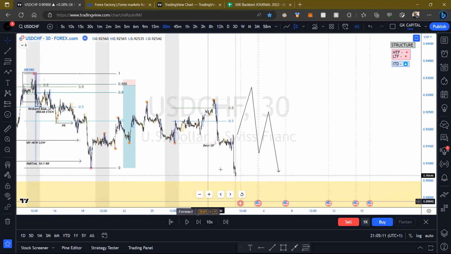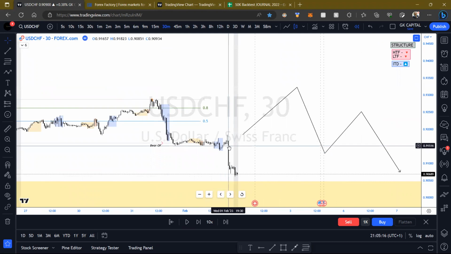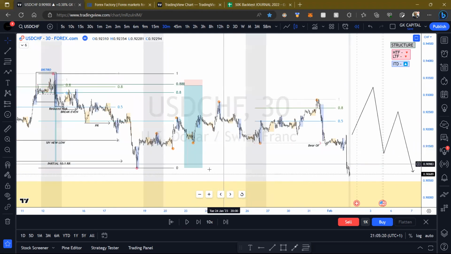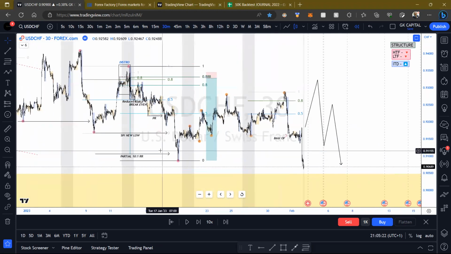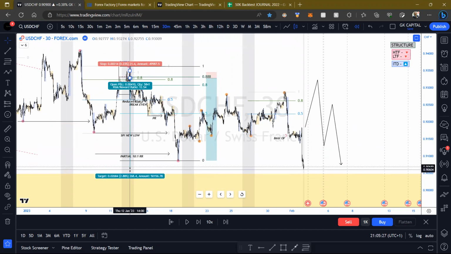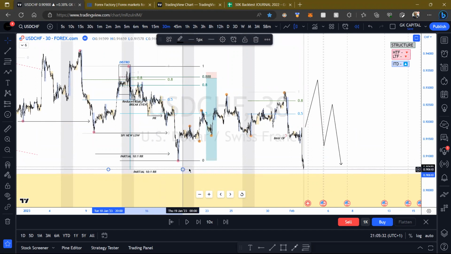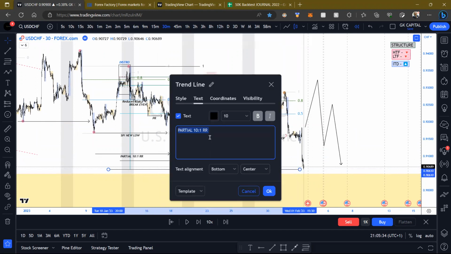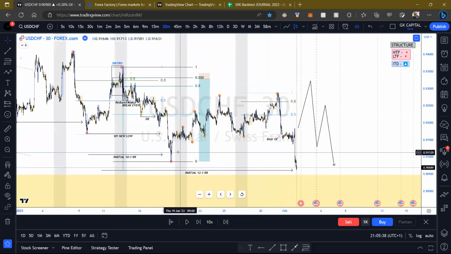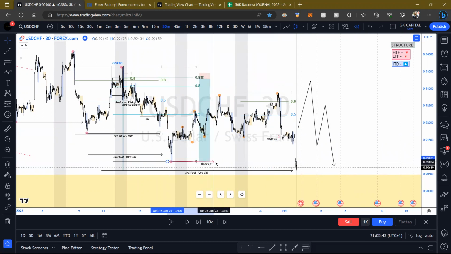So slight attempt to retrace, and then nothing, and then this is FOMC. So Wednesday FOMC, and then off we go. And this one we're currently sitting at a 12-1. So I guess we could go ahead and take some more partials at this 12-1, especially now that we made a new low. So new low,